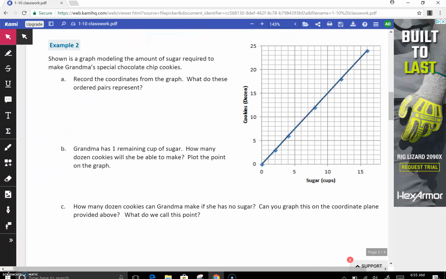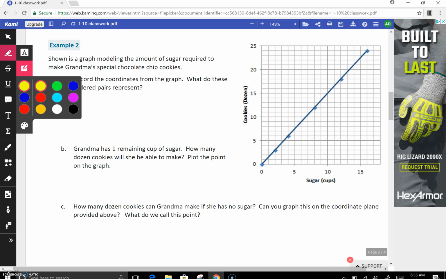Okay, so I'm going to lead you through some of this example too, and some of it you will have to pause and work on your own. So this graph shows the sugar needed to make the cookies. It says record the coordinates from the graph. So there are, let's see, 1, 2, 3, 4, 5 different coordinates. I'm going to pick one and highlight it, kind of show you how this works, then you guys can do the others. This coordinate right here